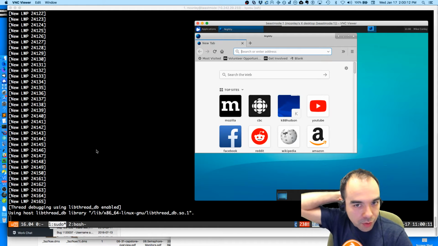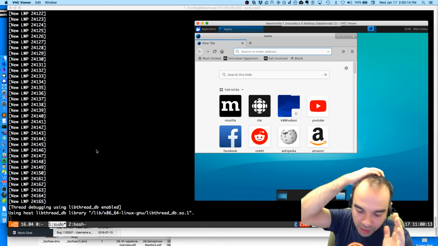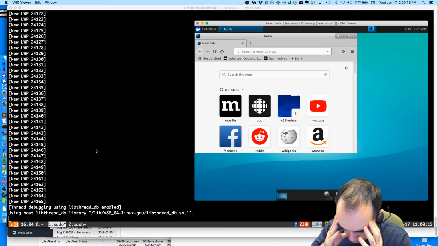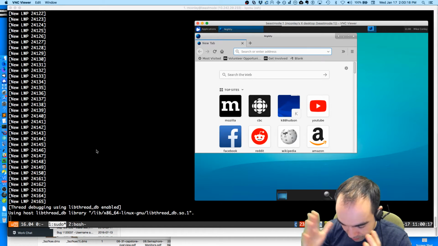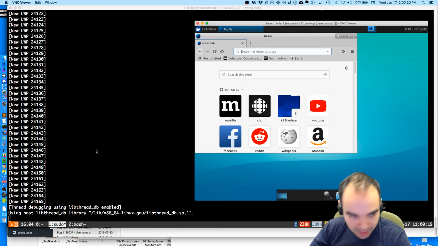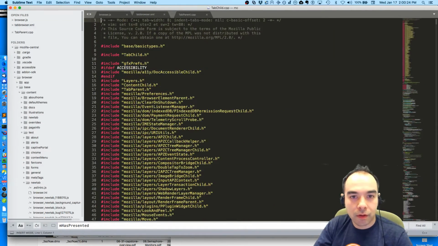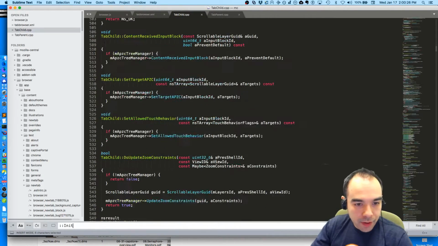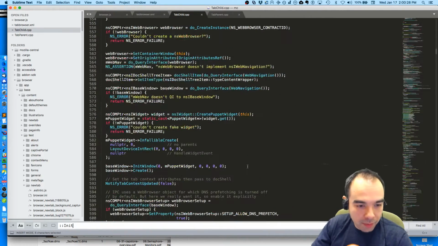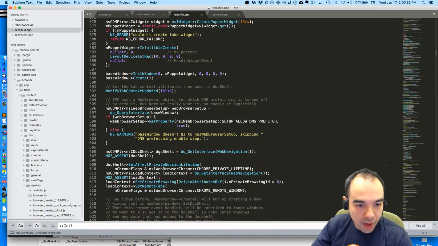And then what I want to do is, whenever we first create the tab child and we initialize it, one of the first things we do is we create the doc shell, the top level doc shell, right here.